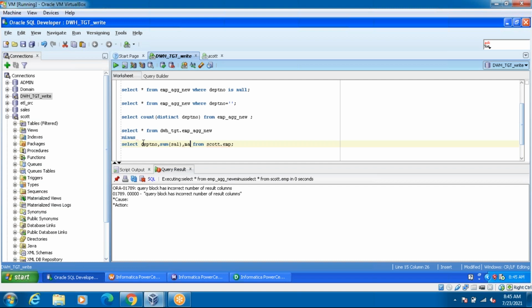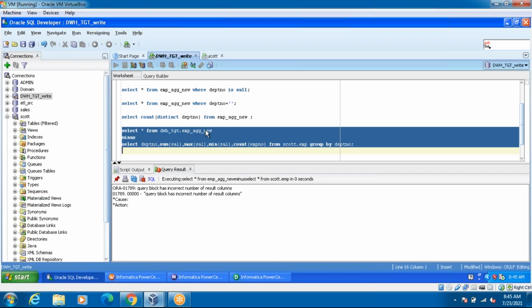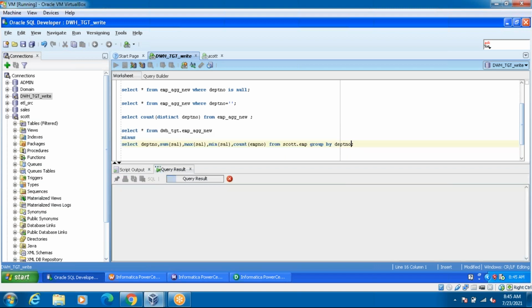Max of salary, comma, min of salary, comma, count of EMP number, employee numbers. So this I'm going to group by, you have to implement the group by DPT number. This is my source query and target query.